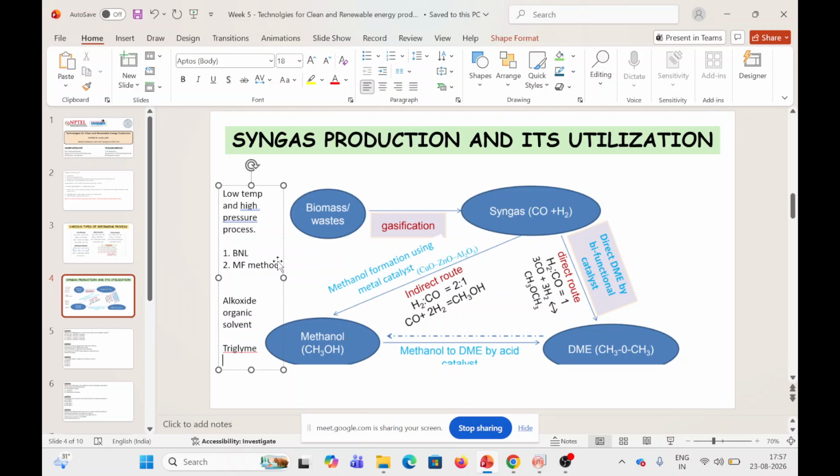So to conclude this topic, majorly we need to produce energy, and we look at the different kinds of fuels. Previously we looked at liquid fuel. Now we are going to look at the gaseous fuel and how to use it for energy production. Either use them directly for heat generation or electricity, or convert them into different forms of energy, or produce different kinds of liquid fuels from them, like methanol, dimethyl ether, or some other compound like naphtha and wax, and use them as a cleaner energy resource.